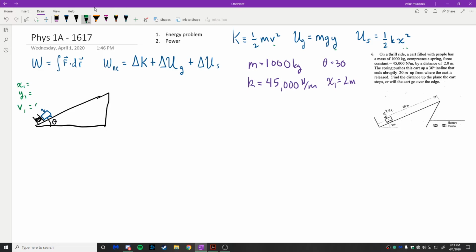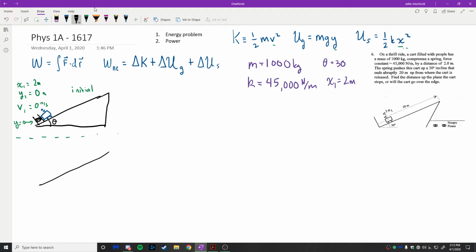The cart starts off at rest, so its initial velocity is just 0 meters per second. Its altitude, we're going to start off by defining as 0. You can always pick whatever point you want to be 0, so we're defining this point right here to be y equal to 0. And then it's x1. This is the amount by which the spring is compressed from this equation here, and I said that's going to be equal to 2 meters. This is your initial scenario before the spring actually decompresses. The second scenario is you've got your same ramp,